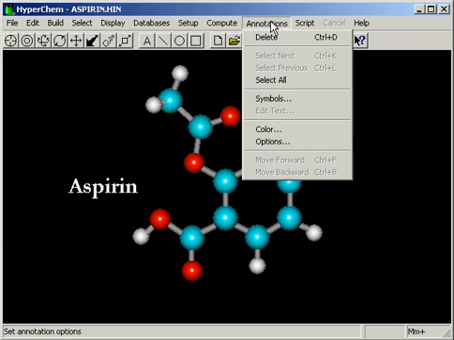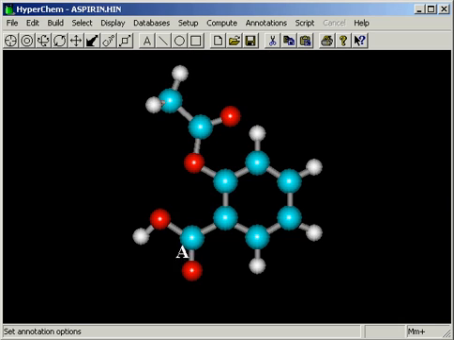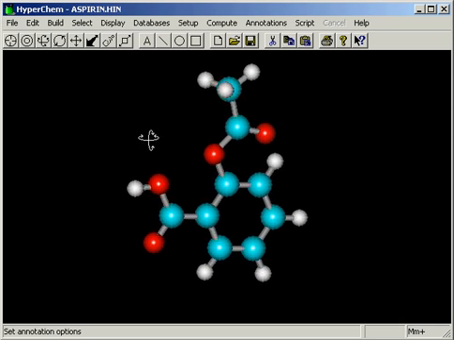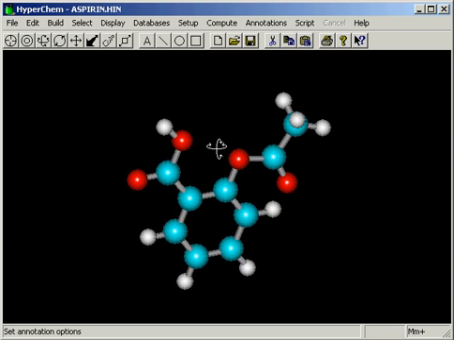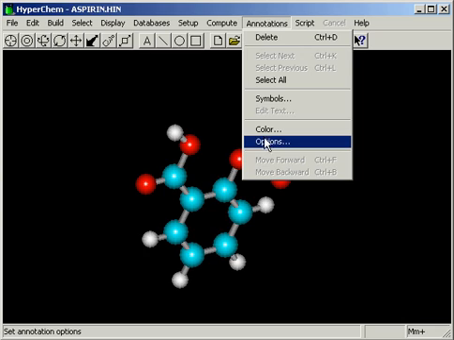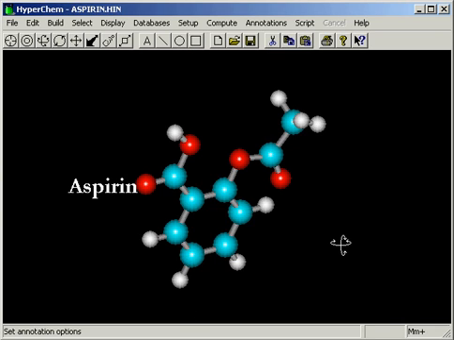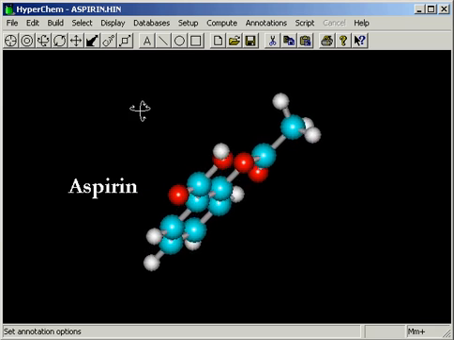It's in a separate layer altogether. We can see that if we go up to the options and tell it to hide the annotation layer, it will go away, and the molecule is still there, and so on and so forth. We can tell it to put that annotation layer back, and there it is at the same place. Now,